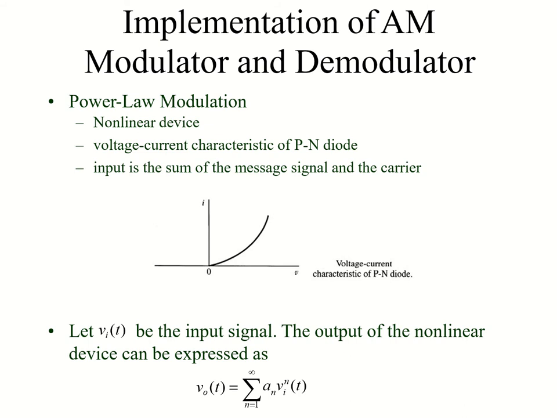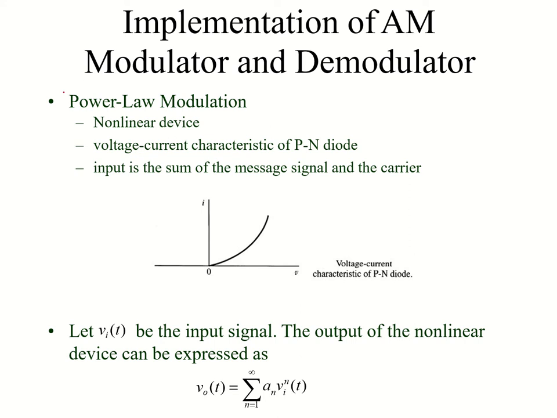Now we will see the actual implementation of the different modulation techniques. We have seen a couple of implementation techniques, basically how we can implement double sideband large carrier or suppressed carrier. For example, if you remember, the product modulator we use for double sideband suppressed carrier for the implementations. So now we will review and learn some new techniques, mainly for the modulation. For the demodulation, you have already learned different techniques, depending on the amplitude modulation type.